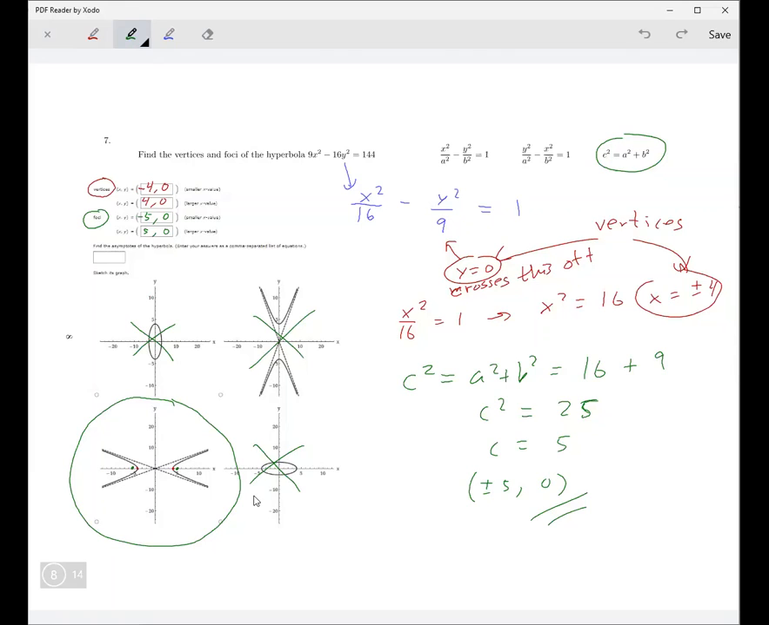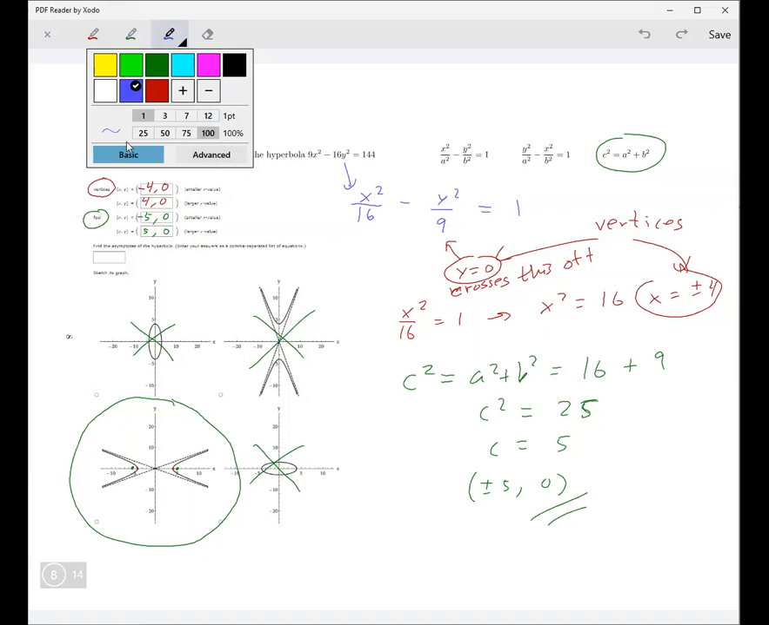Any questions about that? With finding the asymptotes? How do you find the asymptotes? Oh, yes, the asymptotes. Okay, for the asymptotes, what I like to do,